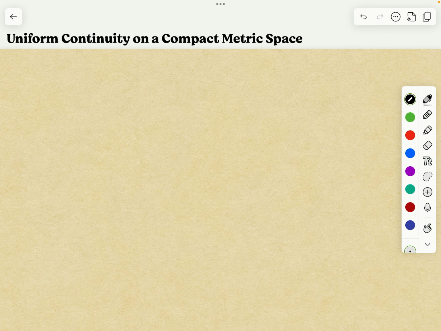In this video, we're going to prove an important theorem about continuous functions on compact metric spaces. And the theorem is